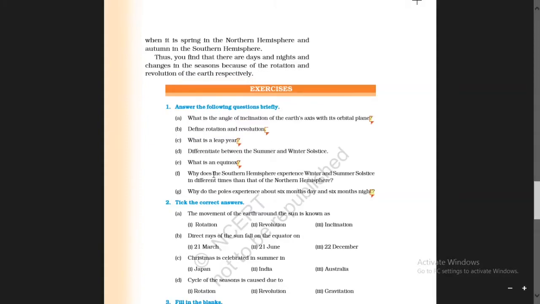Now, next question, differentiate between the summer and winter solstice. To differentiate these two, you can copy it from your PDF file by making a tabulation. You have been shown that, you write from there. Next question,